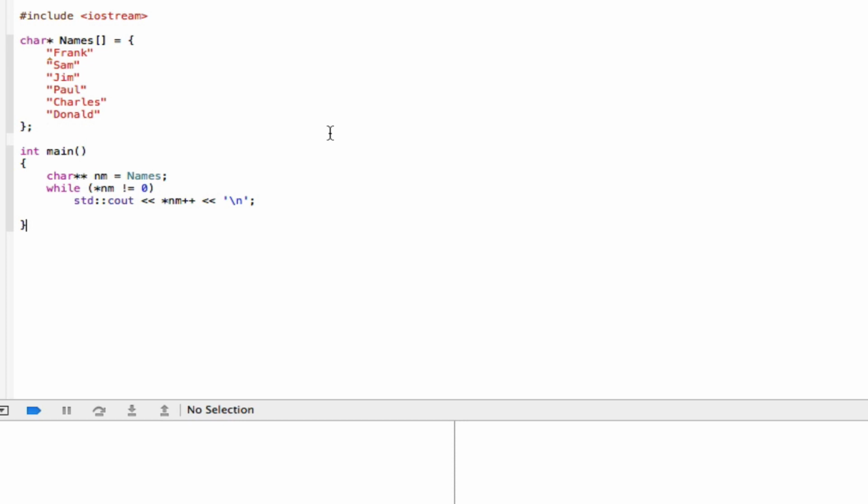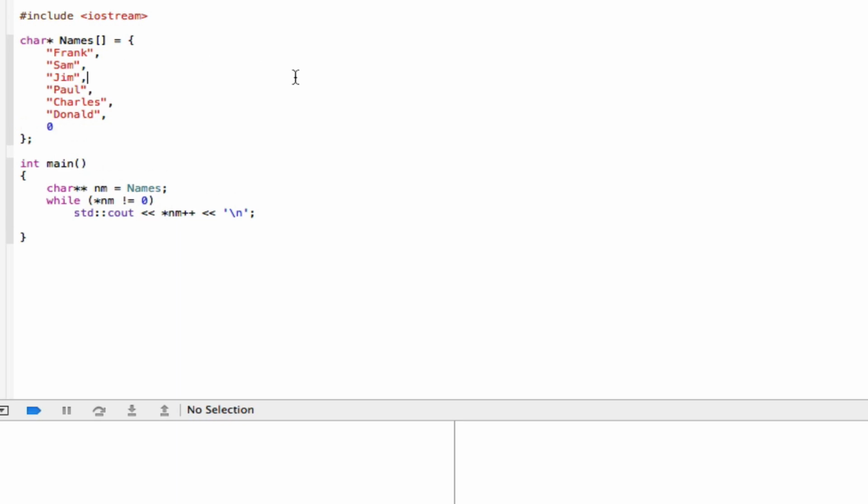we can save this and we can run this, but before we even run this, we need to put in all the commas that we forgot to put in on the top. And then we can also put in a 0, so we just put the 0 in, and in fact, this is a null pointer to terminate the array. Okay, we can save this and we can run this, but before we actually run this, just to explain